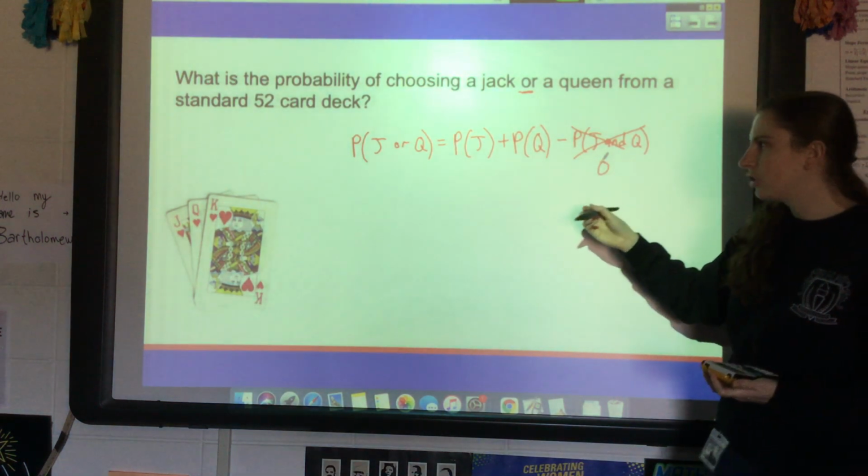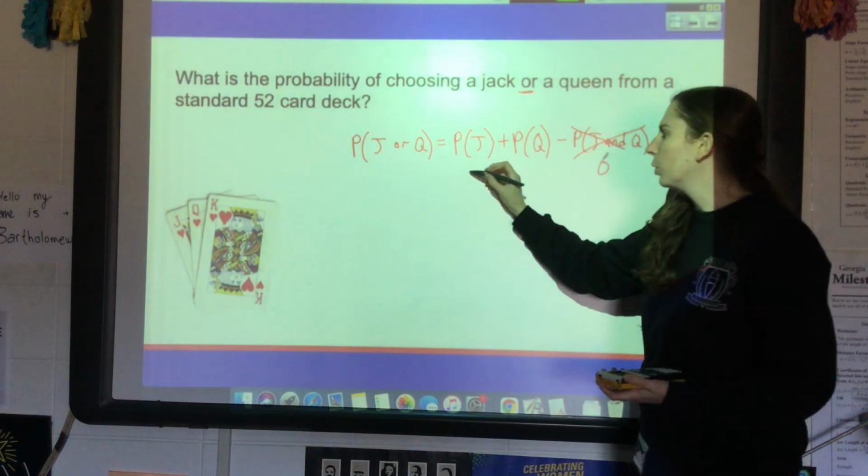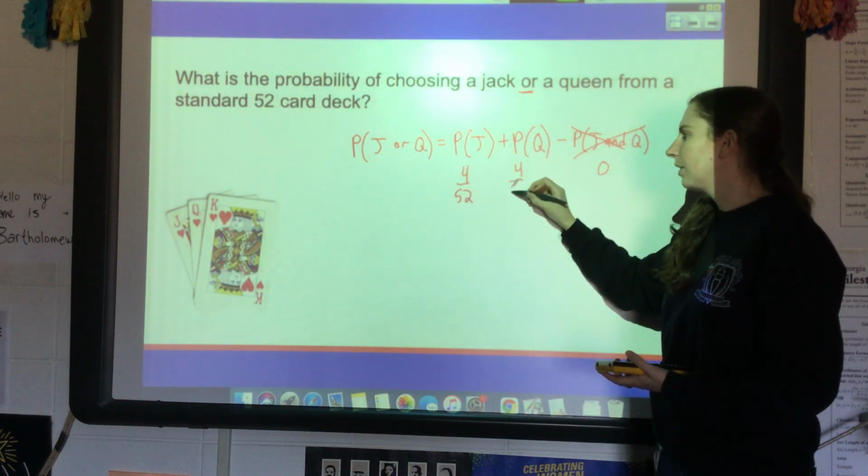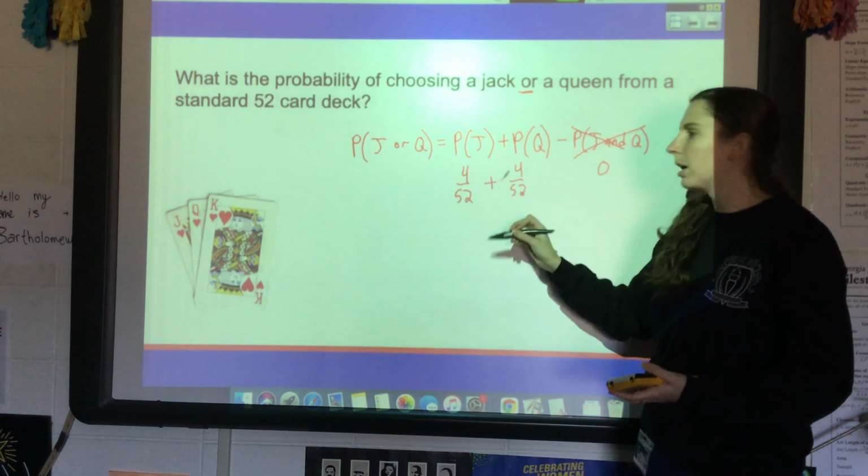So the probability of a jack, how many jacks are there? 4 out of 52. And then there's 4 queens out of 52. So you would literally just add them up and it would be